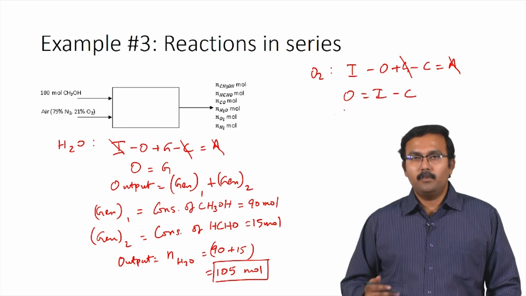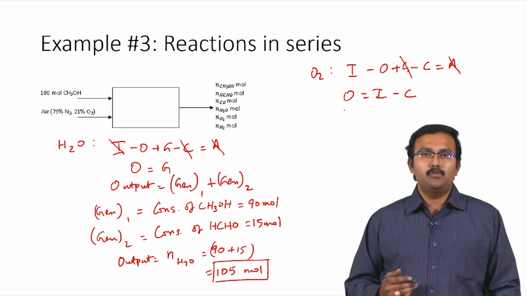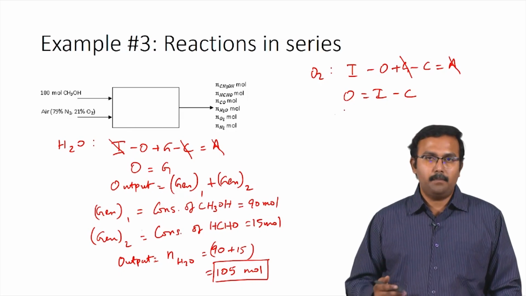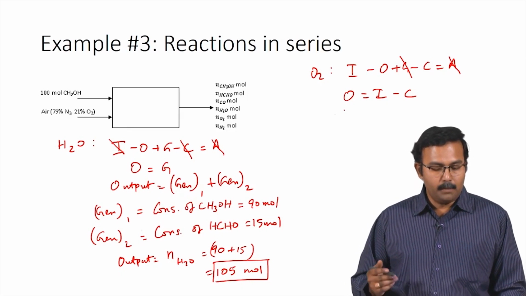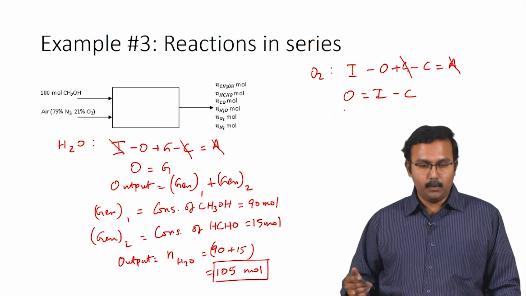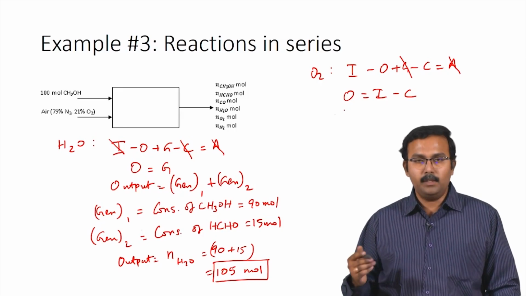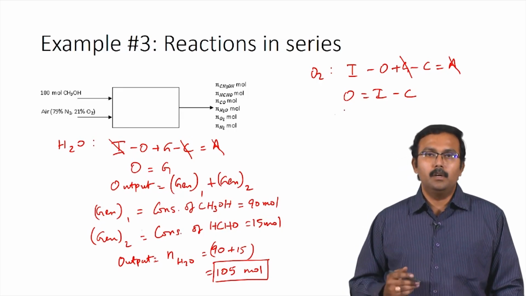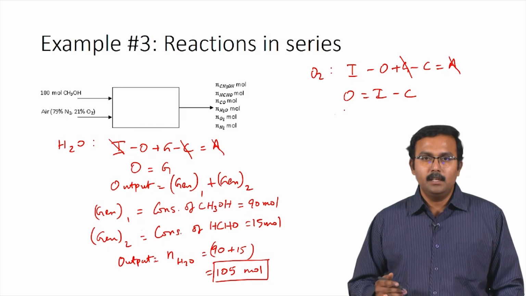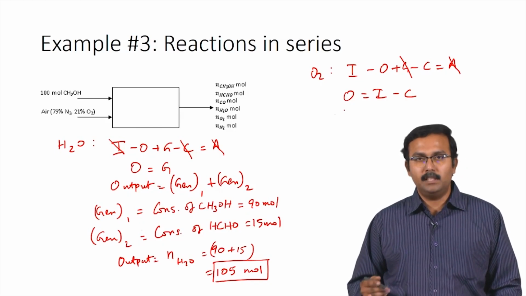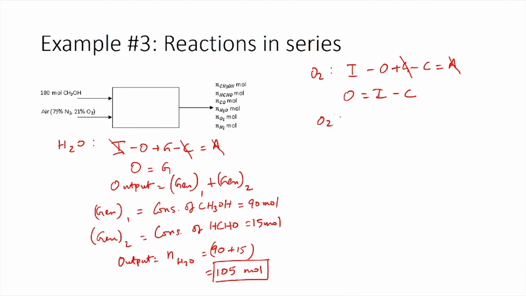We can calculate the amount of oxygen which is supplied to the system based on the information given to us in the problem. The problem statement tells us that air is supplied at twice the stoichiometric amount required for complete conversion of methanol to the desired products which are fed to the reactor. So, based on this information we can calculate the amount of oxygen fed as follows. Oxygen supplied, which is the input, is equal to 2 times stoichiometric